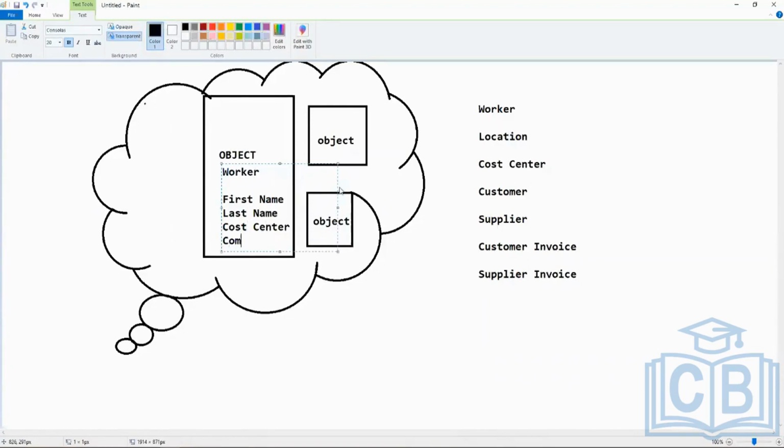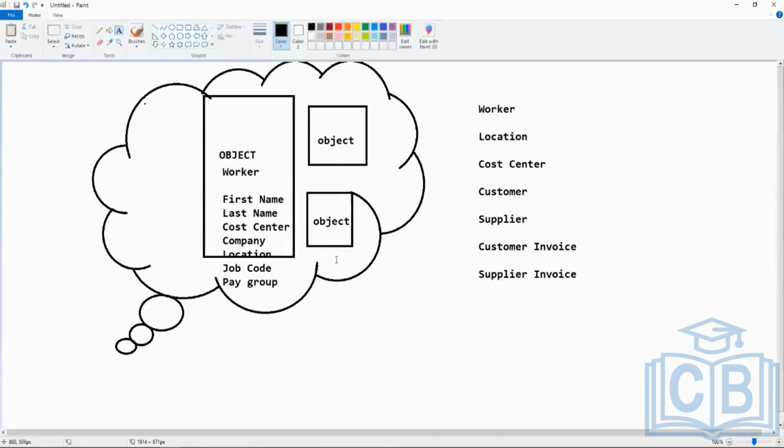Then you have company, location, job, job code, whatever. A group, right? These are all fields. Worker is an object and then it has different fields.